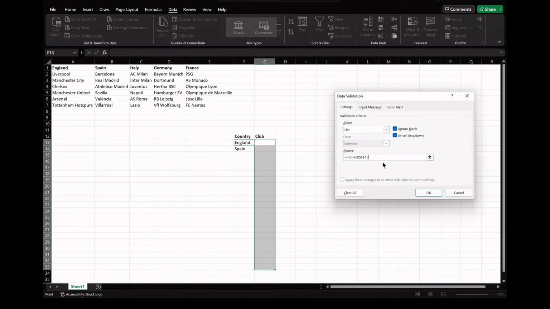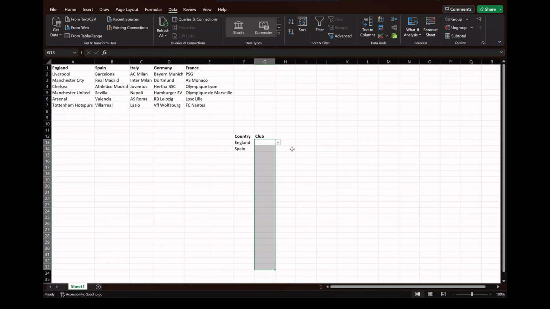Now you can see from here that Excel has already applied absolute referencing for us, but we want to remove the dollar signs to ensure that we have a complete drop down whereby each cell will be relative to the country that the cell is on the same line with. So just go ahead and remove the dollar signs and you would be presented with this. Okay, so INDIRECT. So basically what we are saying is that when we select England, we want only the English clubs to be presented to us. And once you click on OK,